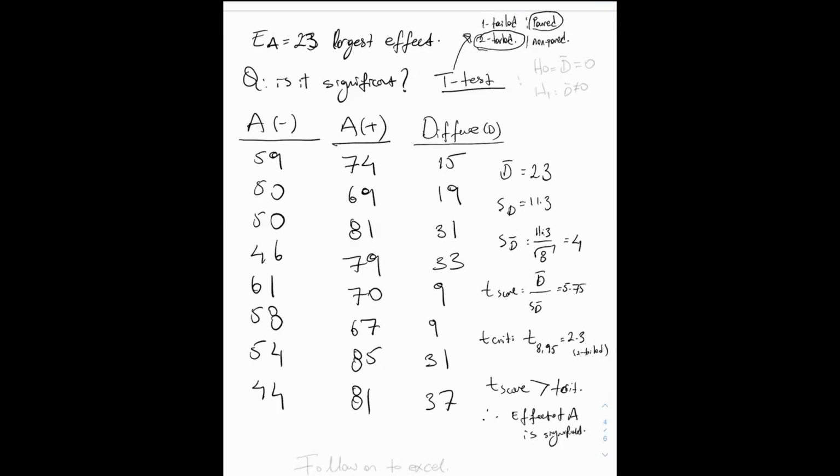Right, and here I must have said my H0 is that D bar is 0 and my H alternate is that D bar is not equal to 0. So statistically now I can tell that there is a measurable difference of 23, and that was significant using a t-test. So we will switch over to the Excel sheet